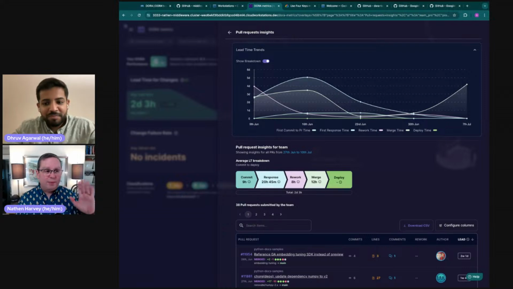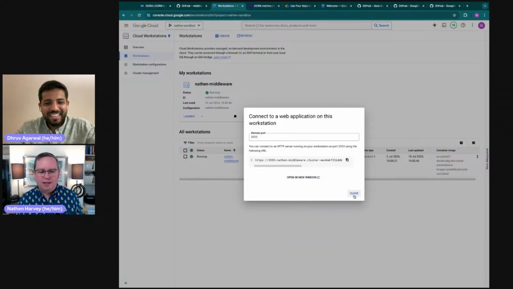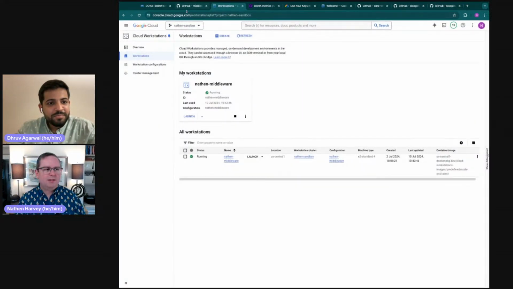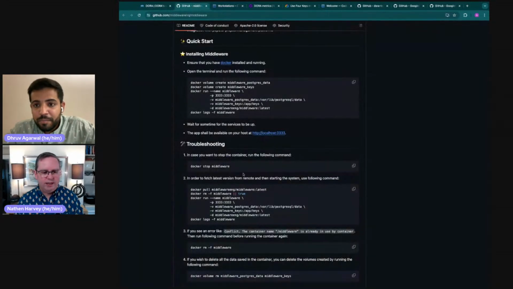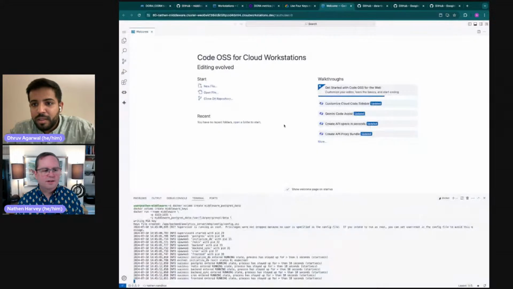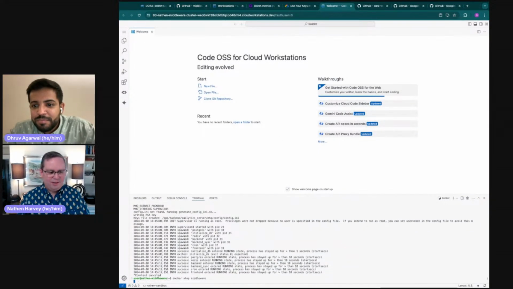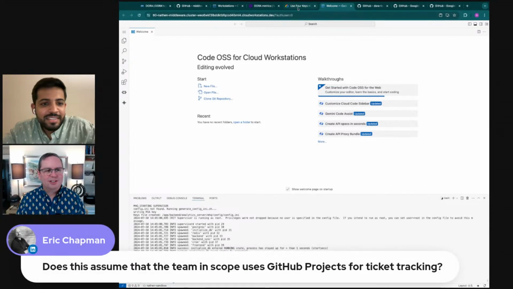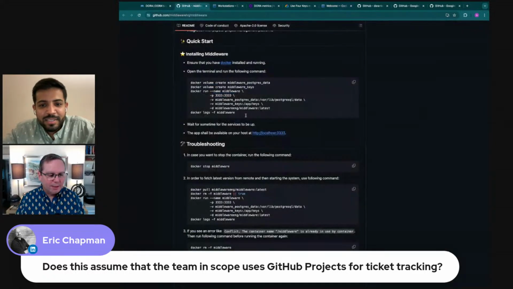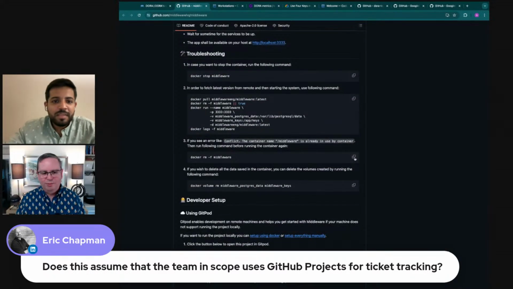I think I'm going to save myself some money and shut down my workstation, but I want to clean up middleware first. And then I also see that it looks like we've got some questions in. So as I go and clean up some stuff here, maybe you could look through the chat and see what questions we have. Right, let me just look at the chat. Great, I'm just going to stop that middleware container here. Perfect. And then I'll shut down my workstation so it doesn't cost me too much money. All right, so that's shut down. Let's fully clean it up though. I think you recommend removing that container as well.